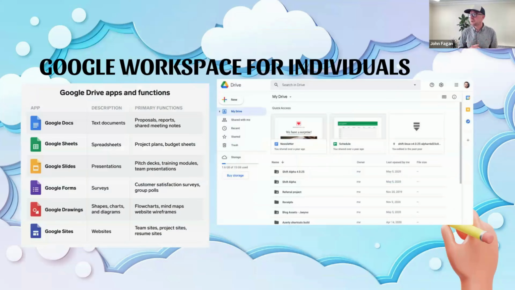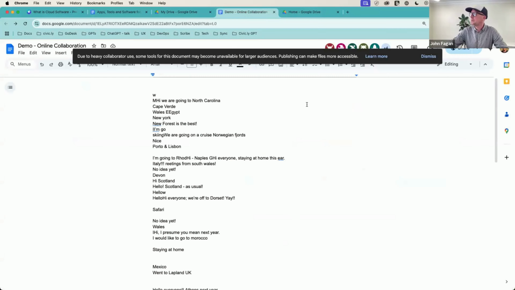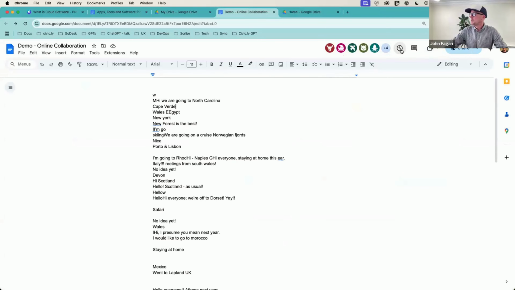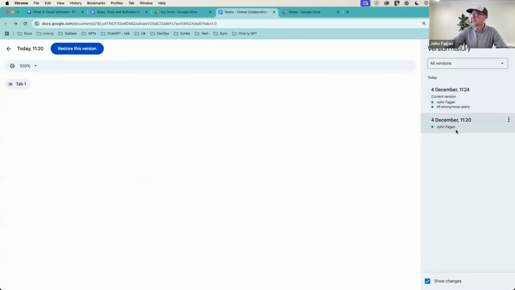Again, these tools. In Google Workspace, we use this at Scribe. I love it. You've got text documents, spreadsheets, surveys, presentations, etc. I've already given you a demo of Google Workspace. We created a document, we edited it together, and I changed the access control and turned it off. What I didn't demo is that you also get the audit trail. The document's only been going since 11/20, but I can go back, and that's the version of it when I first created it.